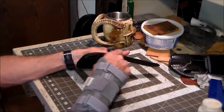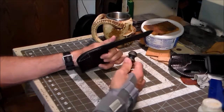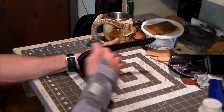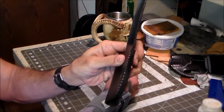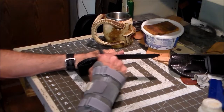Now I can see that it's not getting in the middle. Try a little more and see what that does. Yeah, that's alright. I'll use the other end. I can see it's starting to get a shine on it already. I'm going to continue doing this,